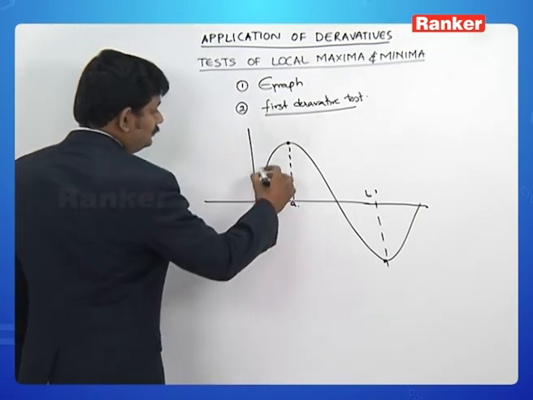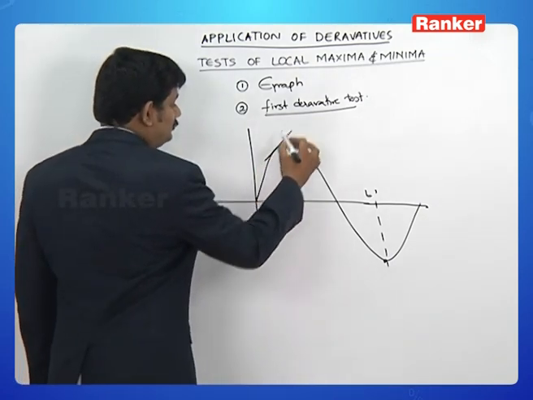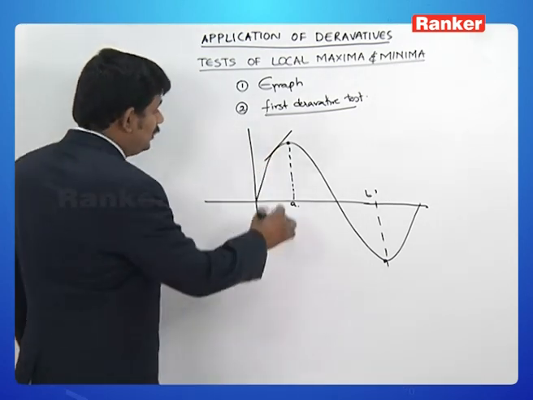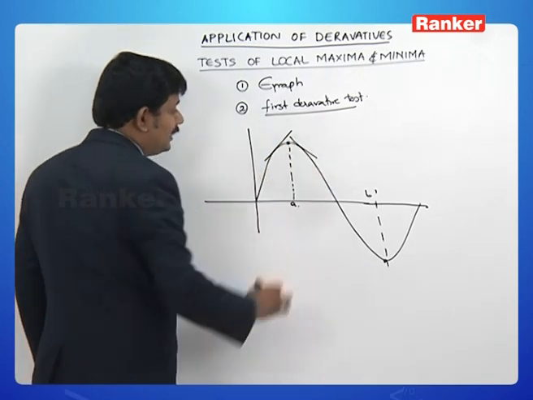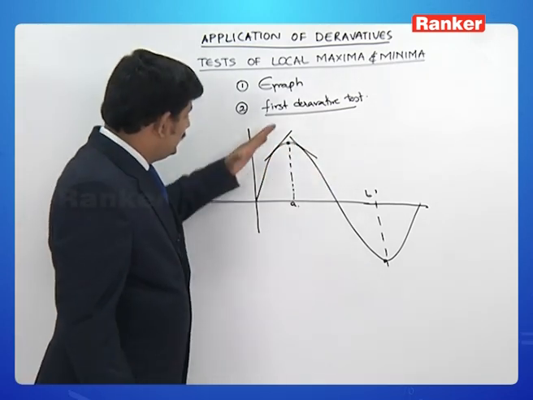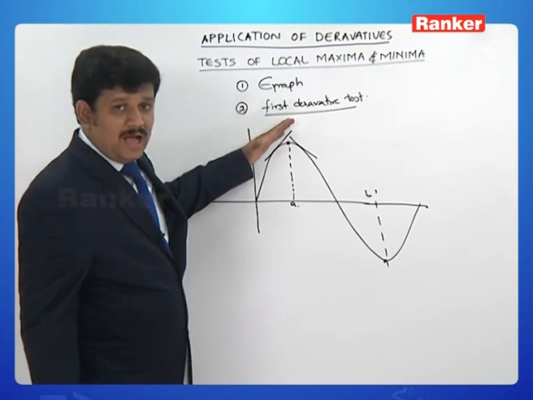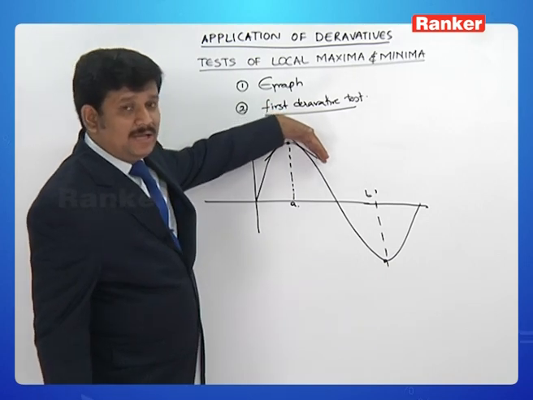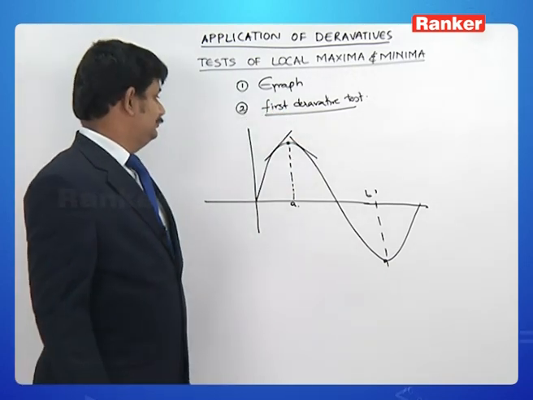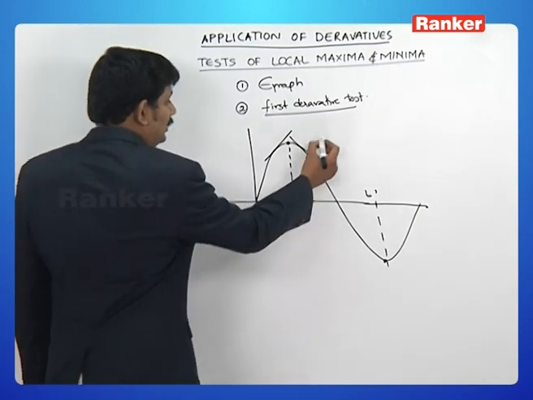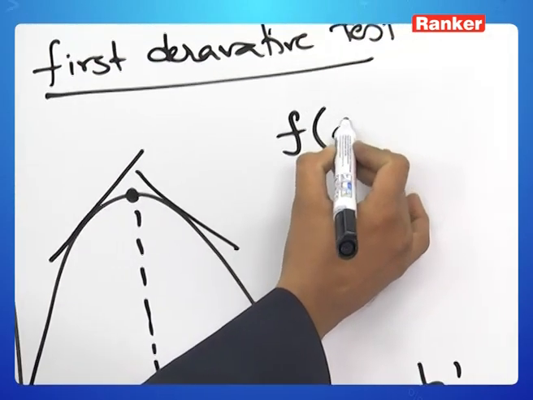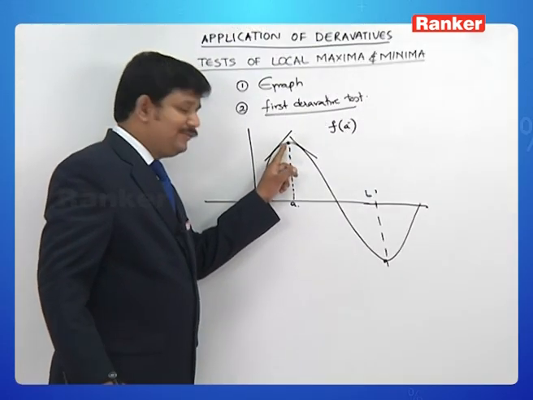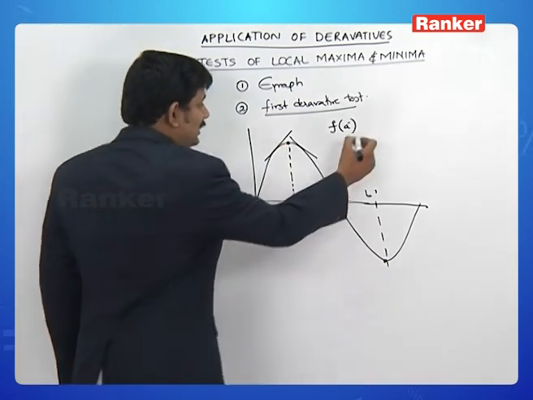Now, if I observe the tangent slope in the left neighborhood and the tangent slope in the right neighborhood, we can see a tangent with acute angled inclination in the left neighborhood and a tangent with obtuse angled inclination in the right neighborhood. So, the derivative at a point just left of A is negative,